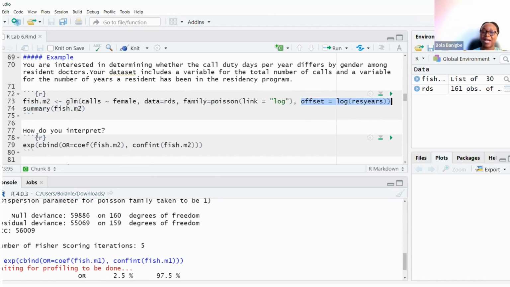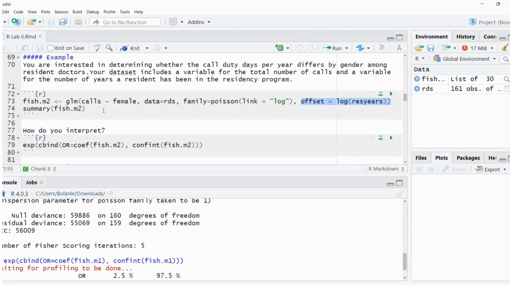And this one just accounts for saying, is it possible for the number of call hours to differ by how long people have been in the residency program? When people are new in the residency program, do they generally take fewer calls, or do they take fewer calls as they progress? So that we'll then say, maybe it's not so much the gender, maybe it's also the number of years that they've spent in the residency. So does this make sense? Yes.